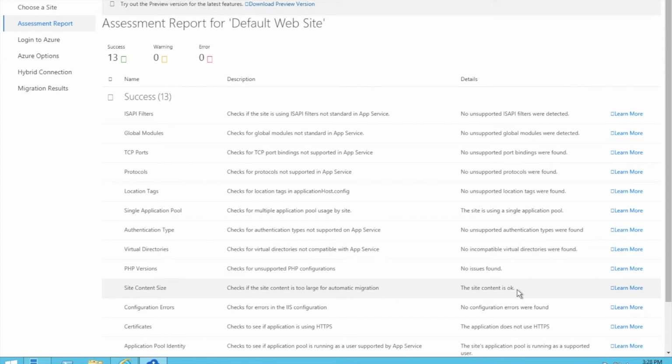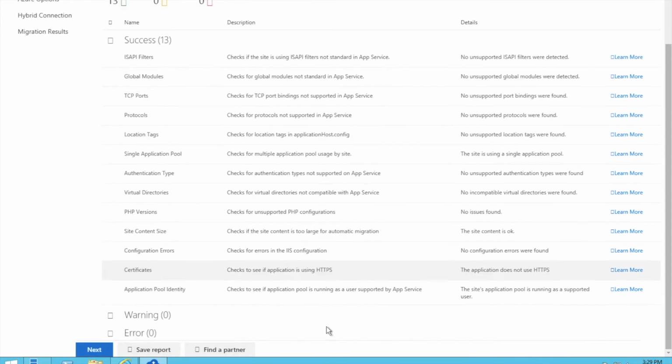The next one is configuration error. This check will ensure that there are no underlying problems with the app before migration. This is for configuration errors. Certificates: Azure App Service supports security certificates, but here you will get a warning that Migration Assistant won't migrate the certificate automatically. The next one is application pool identity.